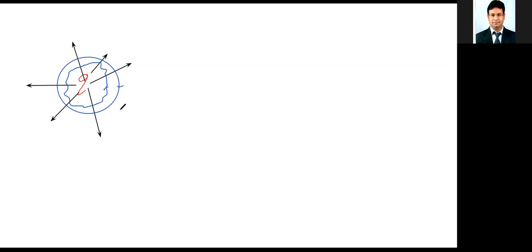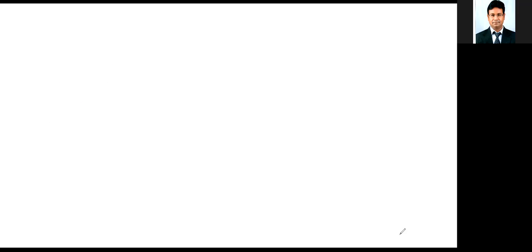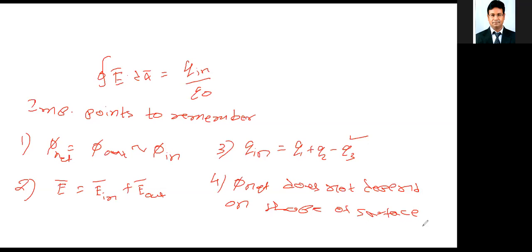When it is independent of the shape, the advantage is we always consider regular shapes. Why? Because integration of regular shapes becomes easy. Try to understand that point. I will only take regular shapes like a sphere, a cylinder, a cube. I will not take some arbitrary shape, otherwise the integration process becomes very difficult. Now, try to understand this point very clearly. The flux is independent of the shape of the surface, we said, right? Then we will see one more aspect to this.